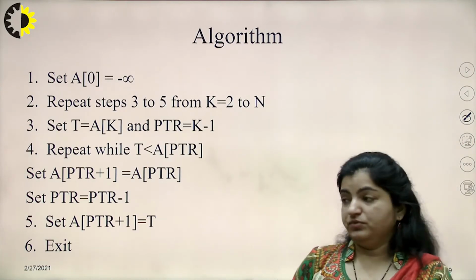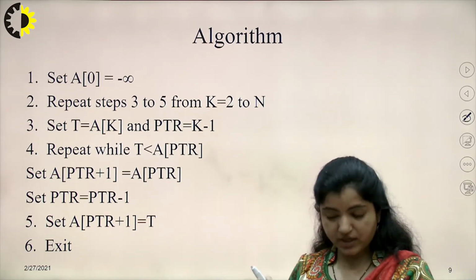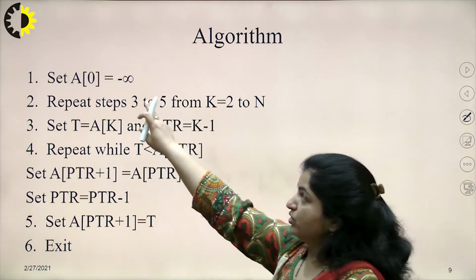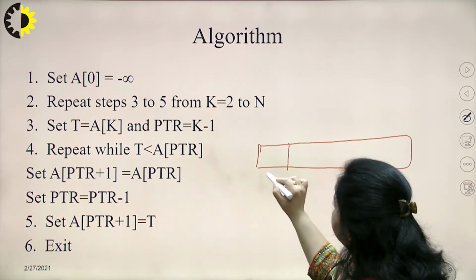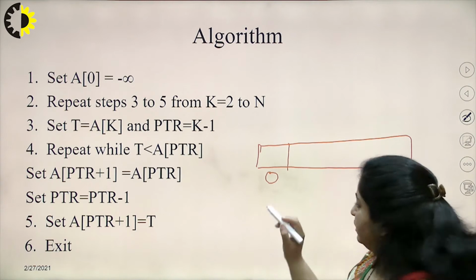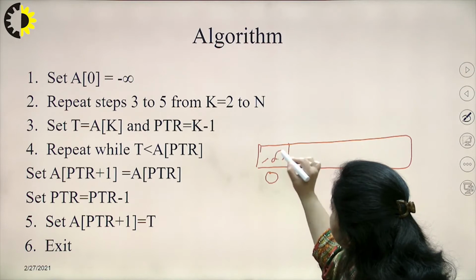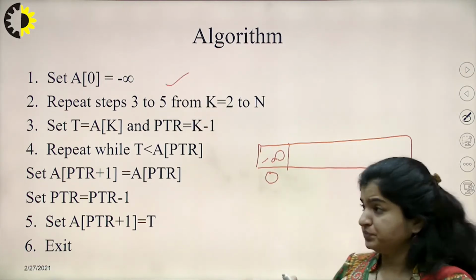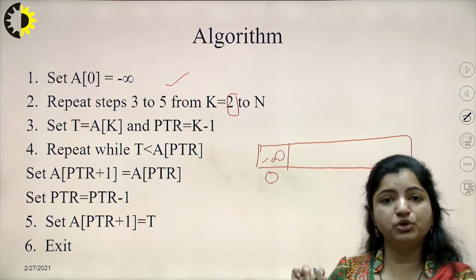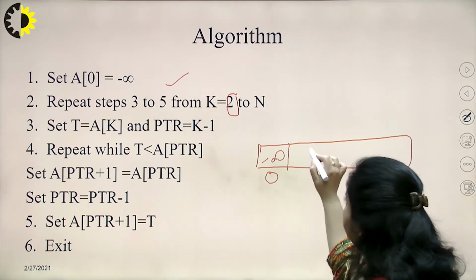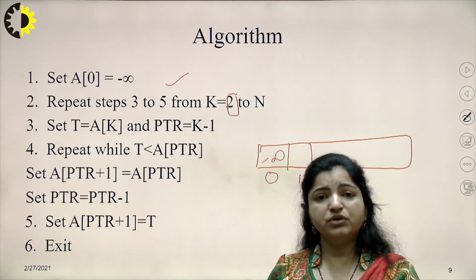Now what is the algorithm? As I already said, we are not proceeding with the very first element, because it is not compared. Because array numbering starts with 0, if this is the 0 position in the array, I will place in the very first step in this 0 position the value -infinity, fine. And now I will start my comparisons, and these comparisons are starting from the value of k equal to 2. Why is it starting from k equal to 2? Because at this first position, whatever the value is, there is only one value and we cannot compare this value.